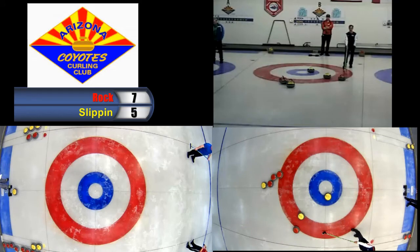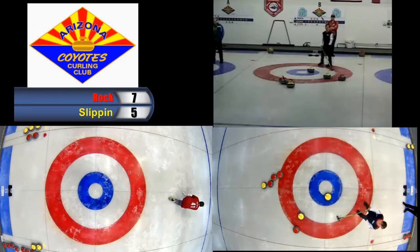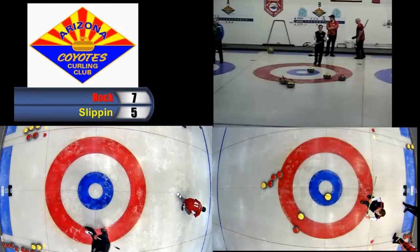So Rock got one of those out here. The sliders are scoring 2 right now. Rock's kind of got that bunch of reds there up at the top with that yellow that probably won't end up factoring into the end here. We got these 2 here that